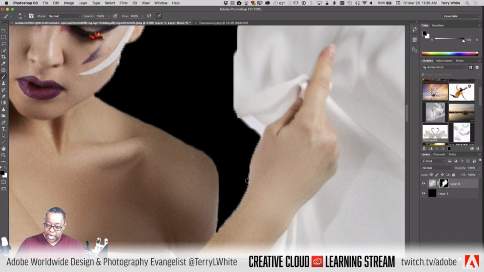Same thing around her hand, just a little too much of that fabric showing around her hand. We can clean that up with a mask and make that look better. Now, you might be asking, well, Terry, couldn't you just use an eraser? Why are you going through this mask and a paintbrush and painting with black and all that? Because this is working, we're going to do a whole episode on working non-destructively, but this is working non-destructively because